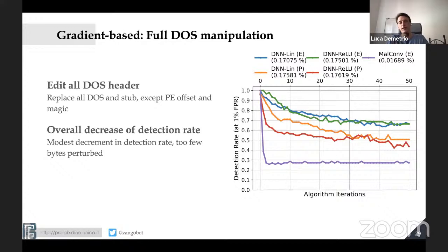Iteration over iteration, we can see that most of the networks are characterized by a slow downward trend, a modest decrement in detection rate. But still, as you can see, MalConv is defeated after a few iterations, because its detection rate goes from 100 to 30%. It means that 7 malware out of 10 evade detection. And that is quite a lot.